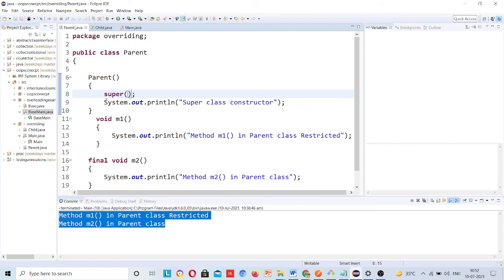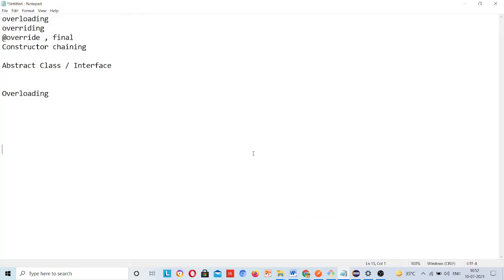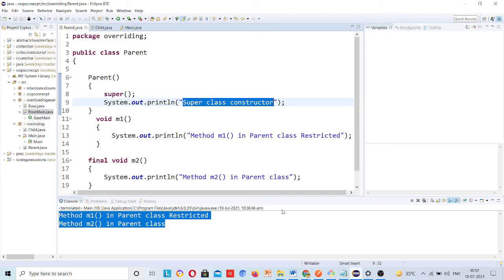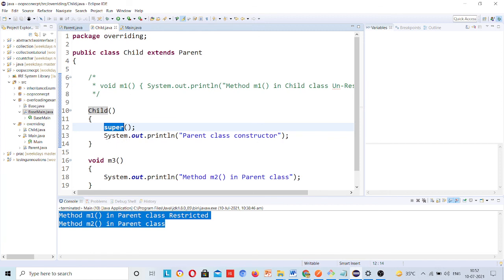So now it will execute this line, the parent class constructor. The first line printed in the console will be the parent class constructor. Then it will go back to where it came from, the child class, and execute the child class line.